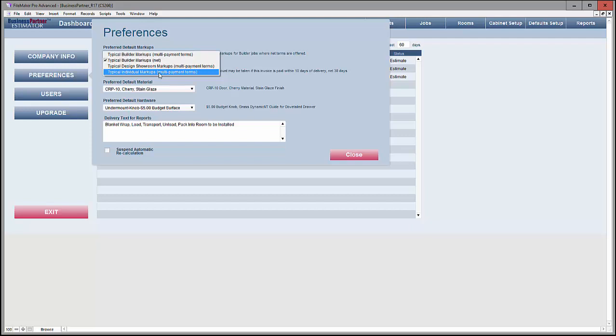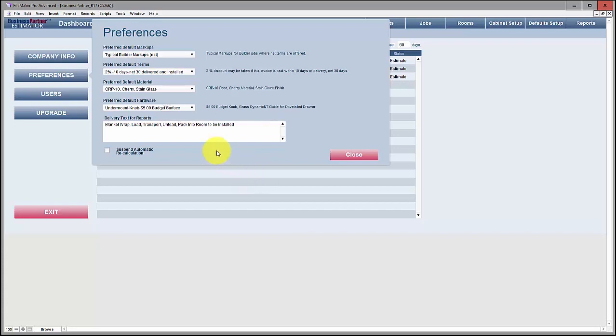But you're choosing here, you're not creating these default markups here, you're just choosing the one that you want each new job to default to when you start it, and you can still change it at the job level. This doesn't lock you into anything, it just saves you a little time in that every time a job starts you'll load the selection that is most common for you and your company. And again, once you get to the job level you can choose any of the items on the list, but if you have these set well and you do have some consistency from markups, terms, materials, and hardware, then you'll find that you're saving time, and the ones that are most common for you are there when you start those